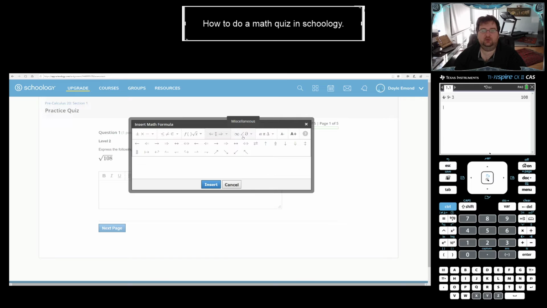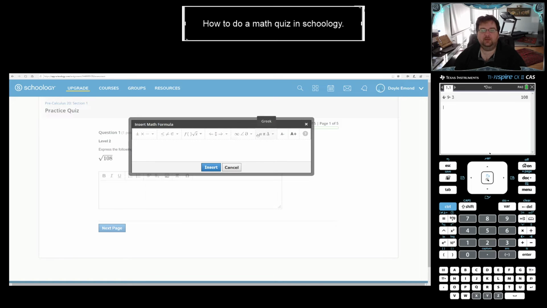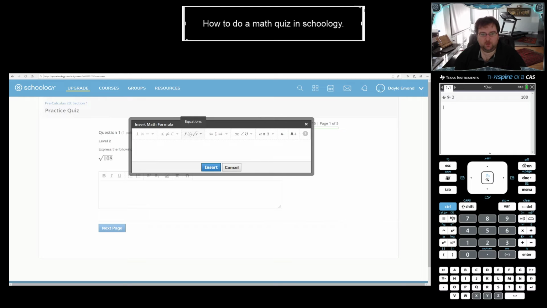And there's other things, arrows, miscellaneous things like infinity, or in statistics, you could use like suits of clubs, things like what's the probability that you would get a club out of a deck of cards? Well, that's 16 out of 52, right? So there's a bunch of uses here, your alphabet in Greek, alpha, beta, gamma, delta, epsilon, etc. We're going to be using equations. Okay, so we have root